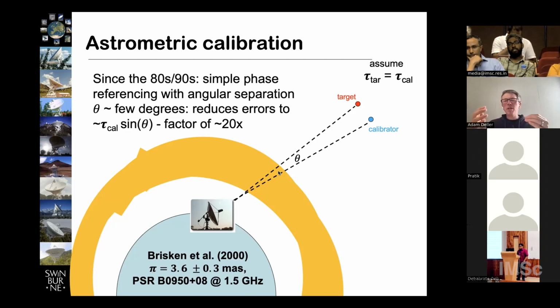What will effectively happen in the calibration solution is that it'll shift this image, which actually has some spatial extent. It's not completely just a point, such that the centroid of the emission is at the position of that point source that we gave as a model, if that makes sense. And that's not right. And so that would then shift any images of any other sources that we made when applying those calibration solutions.